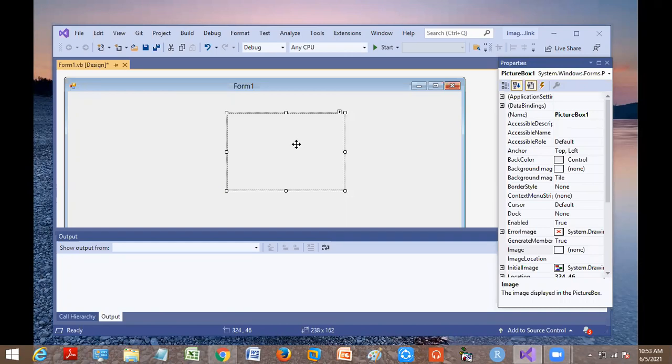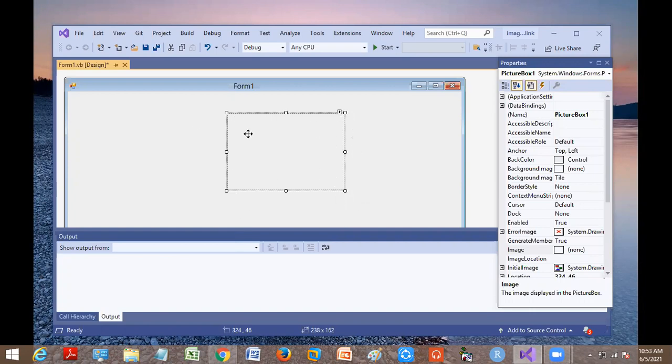Yes. So this box will hold a picture. Of course, we need to insert a certain picture which is supposed to be displayed. Whichever image you select will be displayed only within this boundary. Can you see the boundary here?